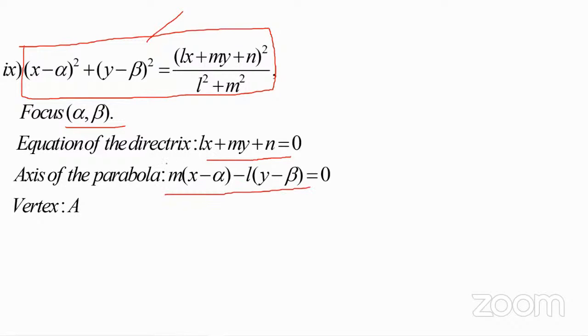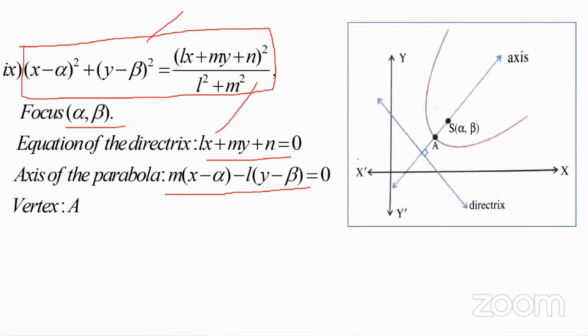So how can we find the axis of the parabola? We know the parallel equation and the perpendicular equation: a of (x minus x naught) plus b of (y minus y naught)